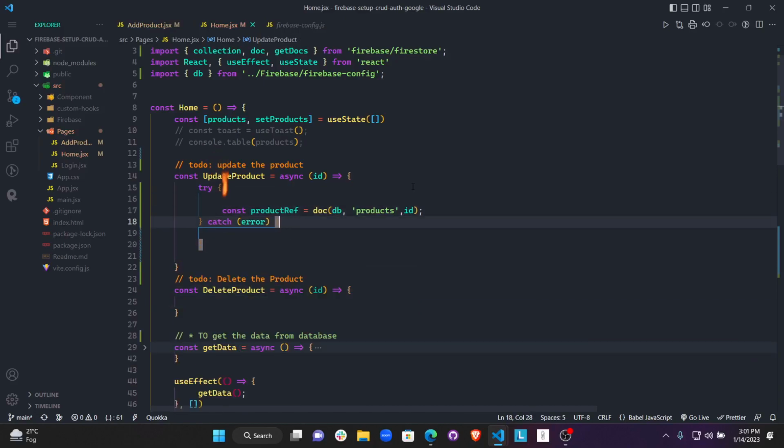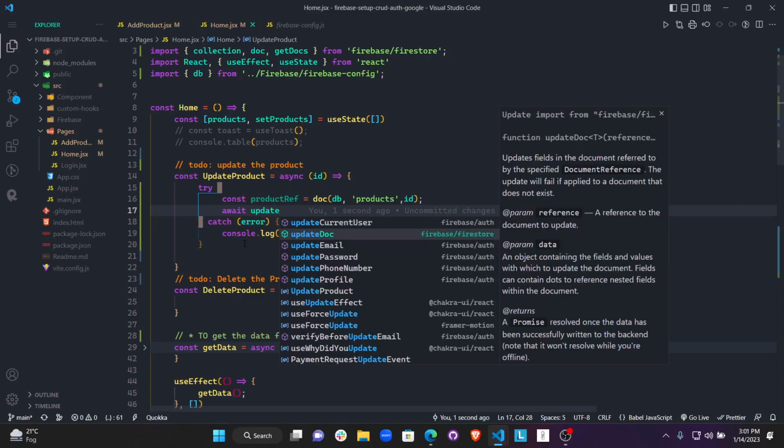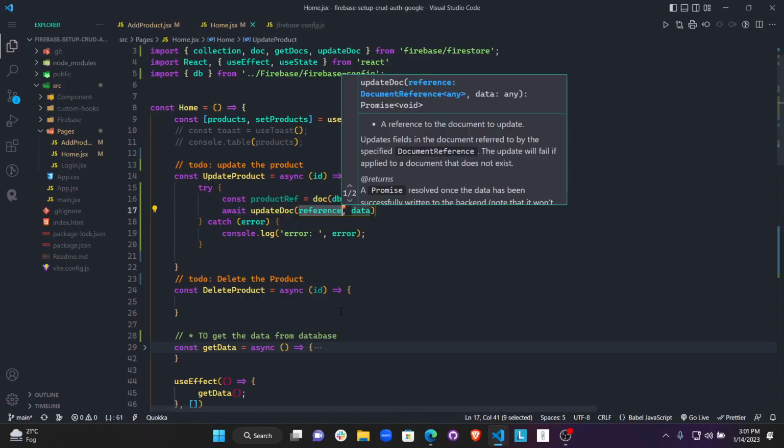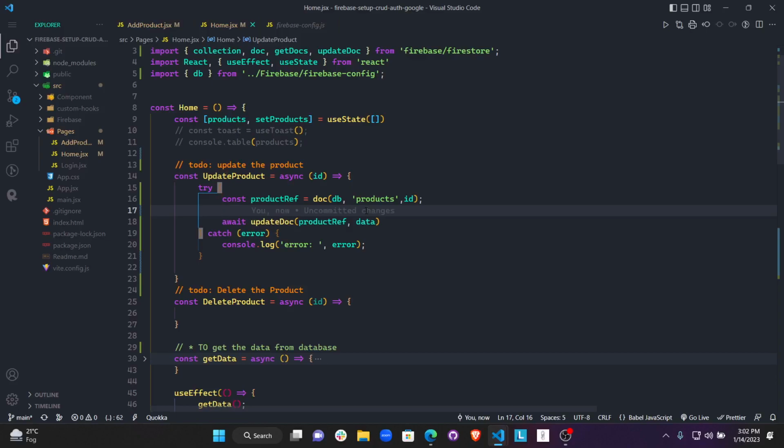And yes, after this I am going to update my document. So await updateDoc. Again I have to import one more method from the Firebase database, updateDoc. As soon as I click on updateDoc and hit enter, updateDoc is imported from firebase/firestore. And after this it wants a reference, that means it wants where I have to go. So you have to go inside the productRef, and what is the data I have to update. To provide the data, I am going to create a certain temporary logic. For right now I am going to write const temp, and I am going to initialize it with prompt, so that I can ask the user, please